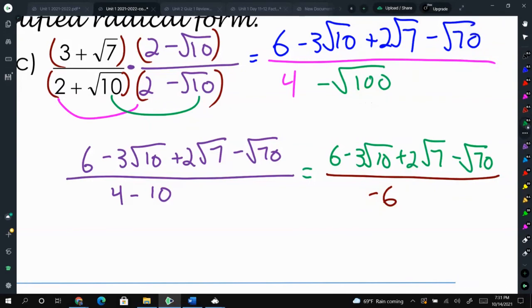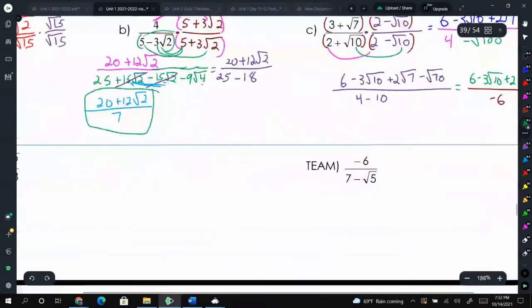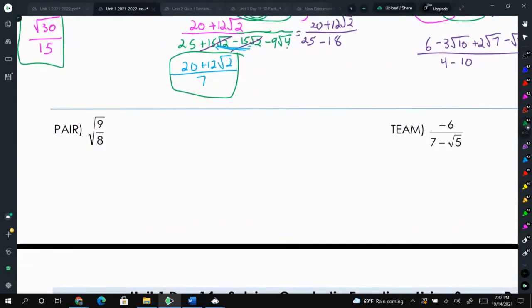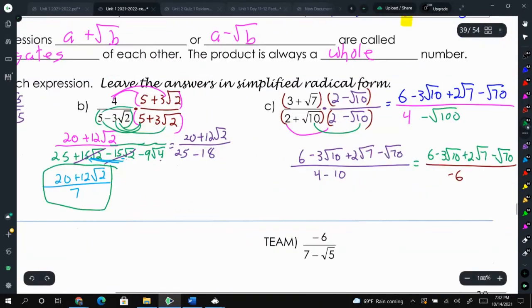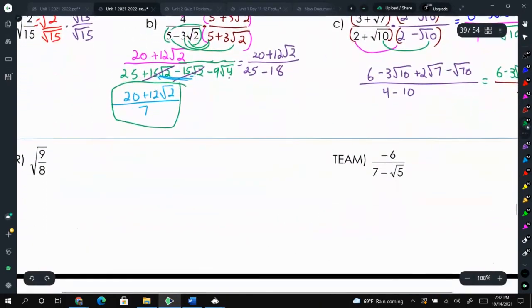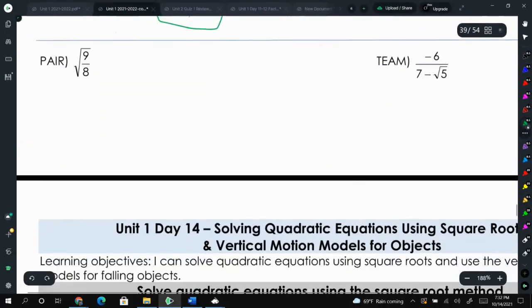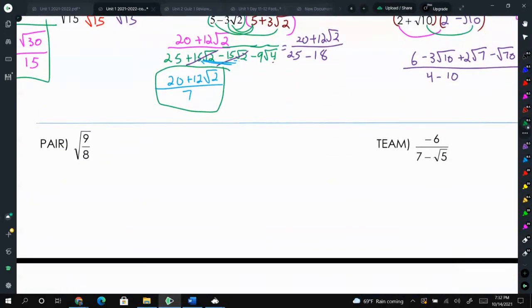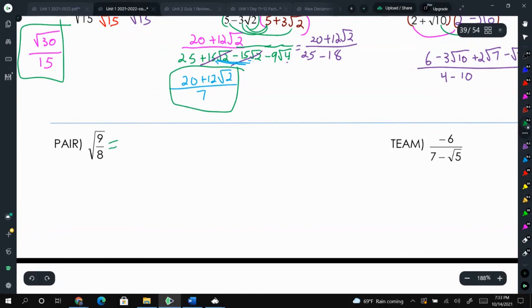Yes, it looks ugly, but it is simplified and we cannot combine anything further. All right, down here, I want you to try these two. They're not as complicated as this last one we did in letter C or even letter B. So go ahead, pause the video, try them,